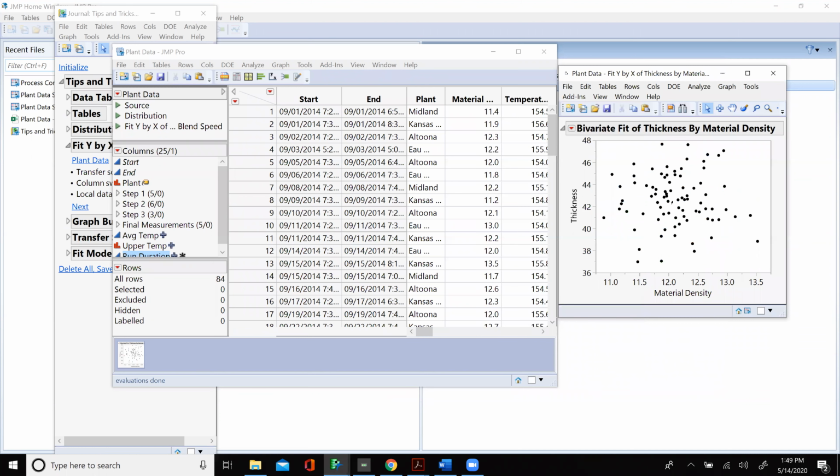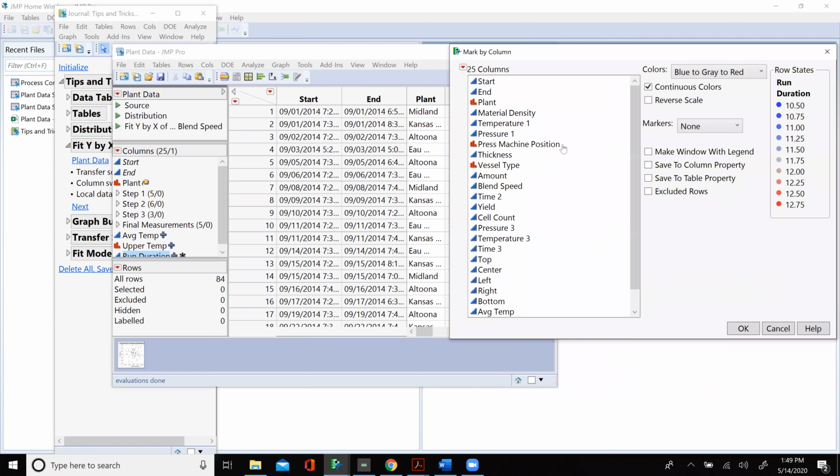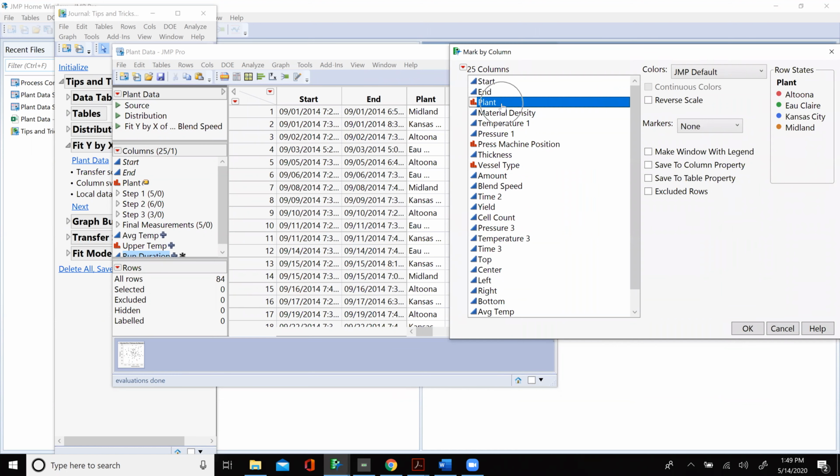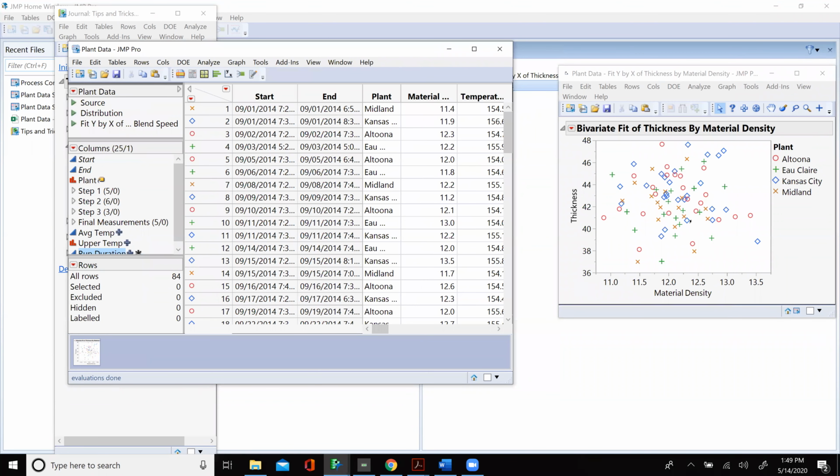You see that my data points are all dark. If I right click on the graph, I can go down to where it says row legend and say I want them colored or marked by plant. And that's just what I did there, okay? So does there look like there's any relationship between thickness and material density? No, there's not.